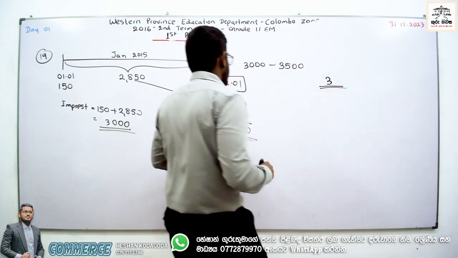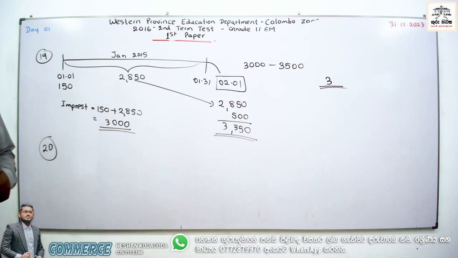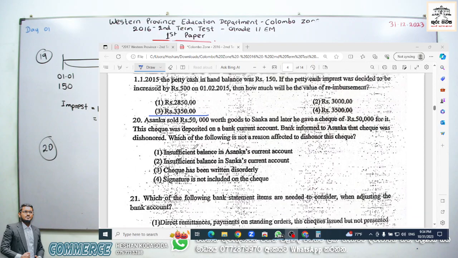Okay, final question for the day, question number 20. Asanka sold 50,000 worth of goods to Sanka and later he gave a check of rupees 50,000 for it. This check was deposited in a bank current account. The bank informed Asanka that the check was dishonored. Which of the following is not a reason for the dishonor of this check? Insufficient balance in the